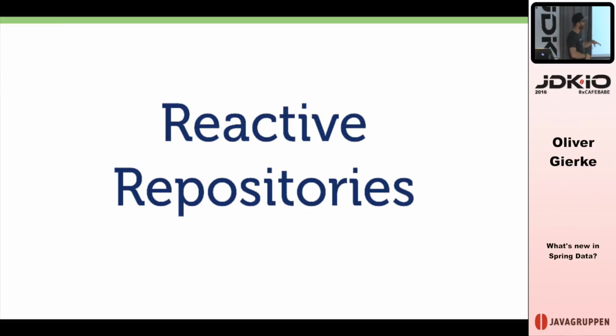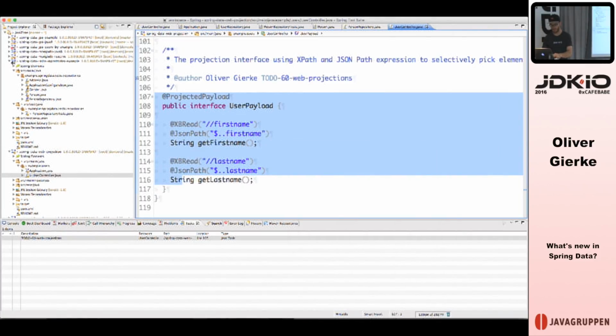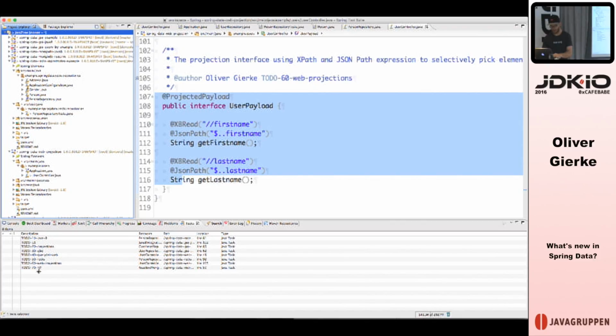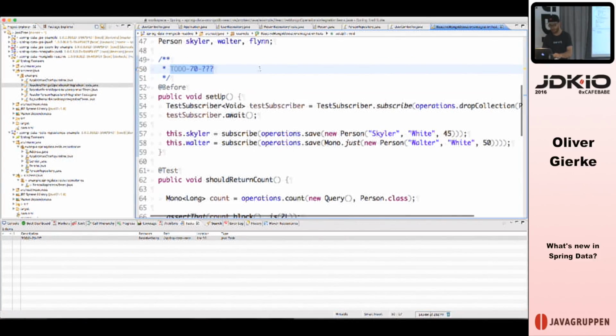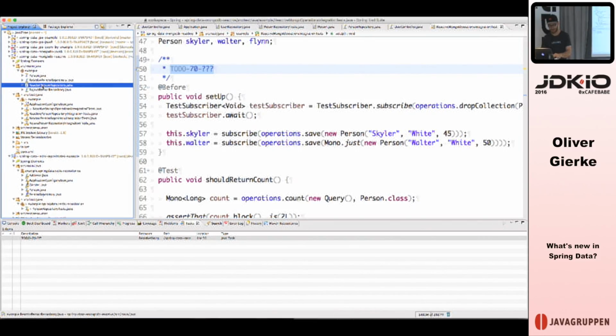So what does that mean? With Spring Data 2.0, or whatever, the Spring Data.next thing, we're going to ship support for those reactive repositories, and we have working prototypes, as I said, for MongoDB. I mean, the thing is, it's also kind of a so-what thing if you just look at it, because